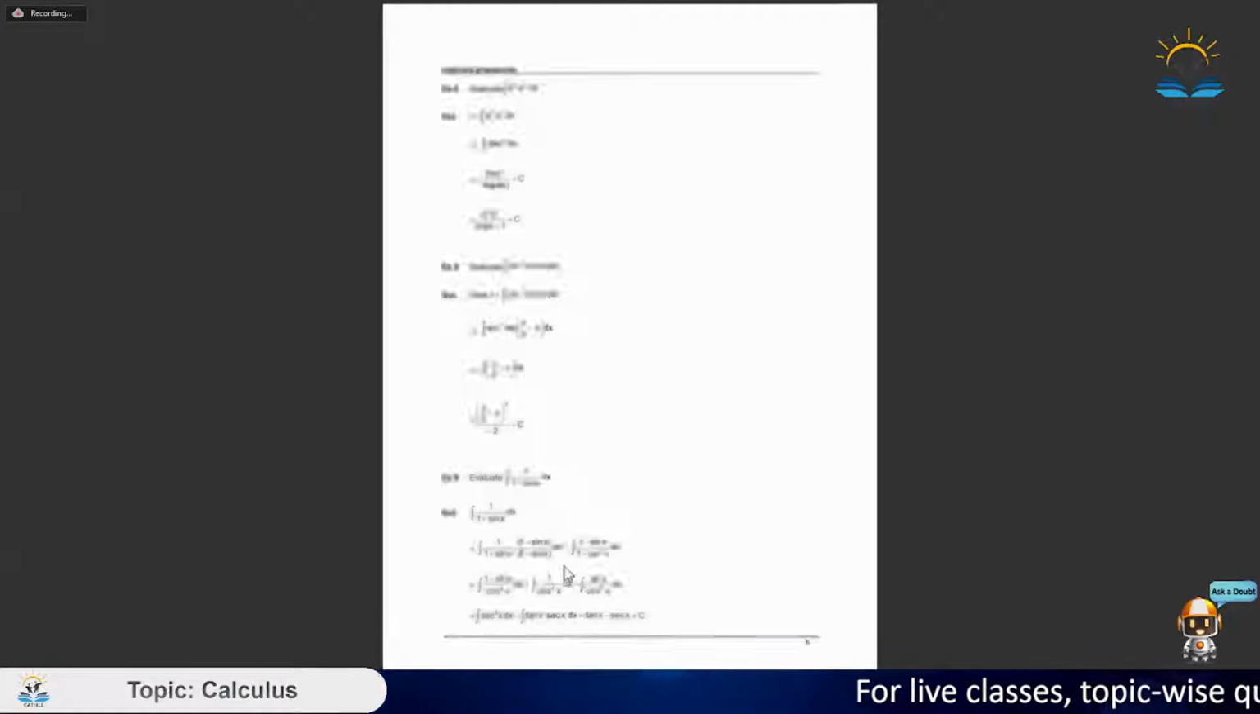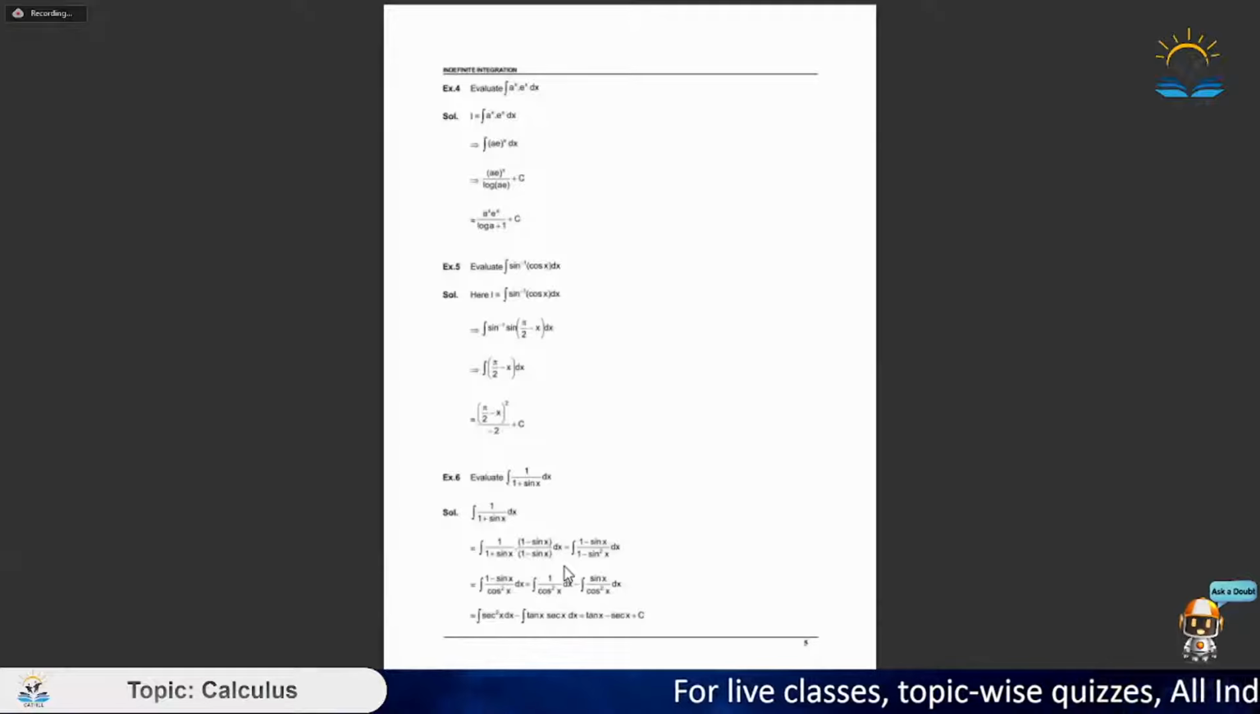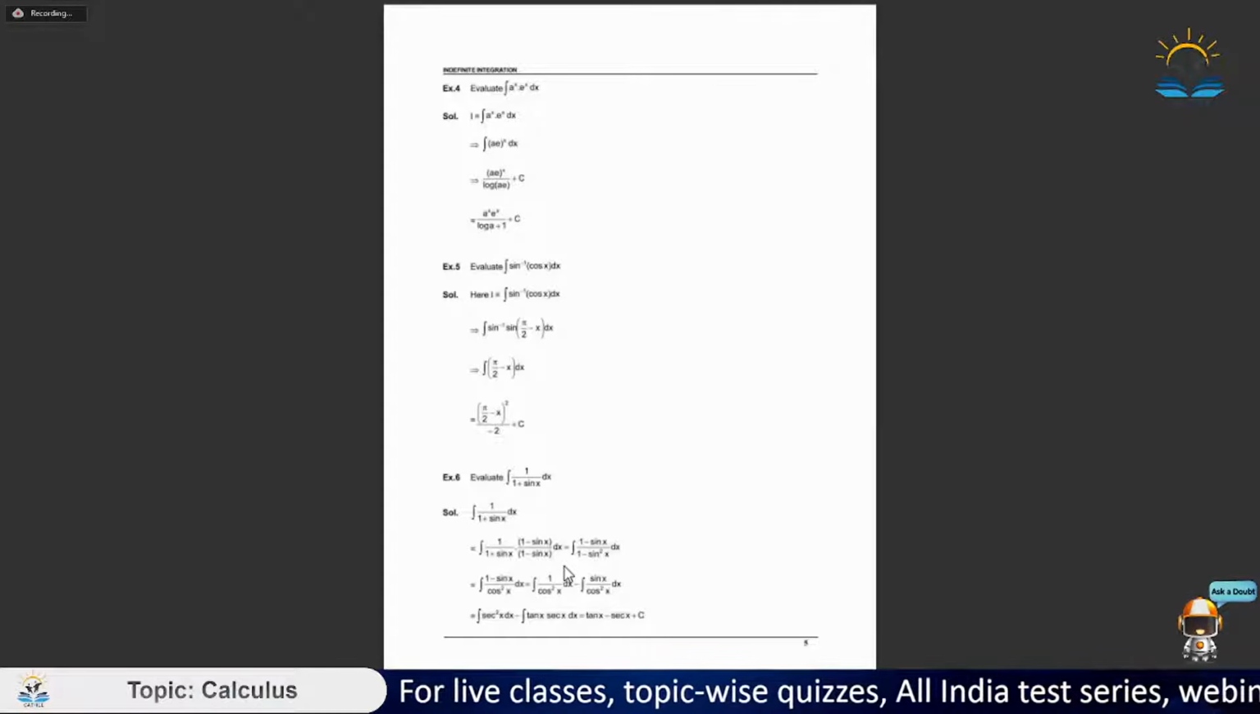Okay, let's move to the next slide. Now I have used some examples in the next slide, and these can be done by converting them into the formulas that we have learned in the previous slide. So suppose we have an